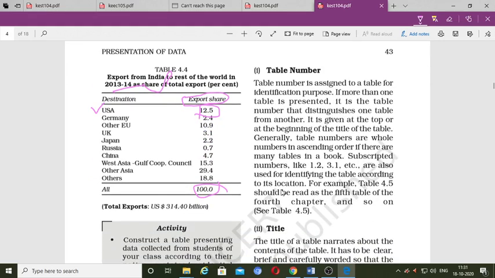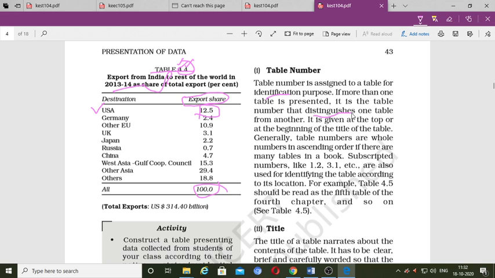First is the table number. Whenever you see a table, here you can see in this table there is table number 4.4. Why this 4.4? Because it is your chapter 4 and .4 means it is the fourth table of this chapter. Okay, this is the reason why here 4.4 is written. The table number is assigned to a table for identification purpose. Okay, you can easily identify that this table is of chapter 4 and this is the fourth table of chapter 4. So this table number distinguishes one table